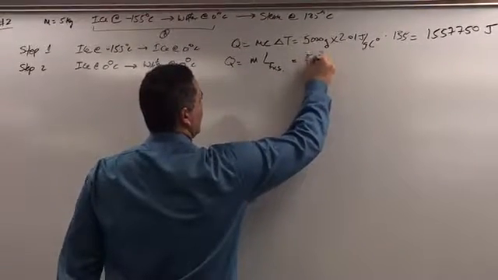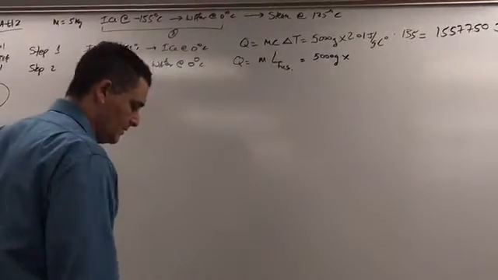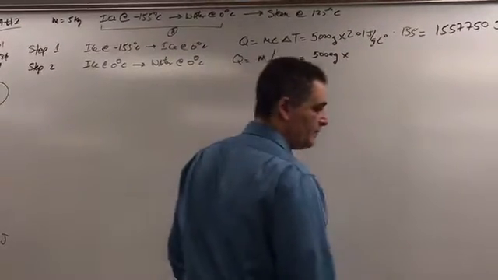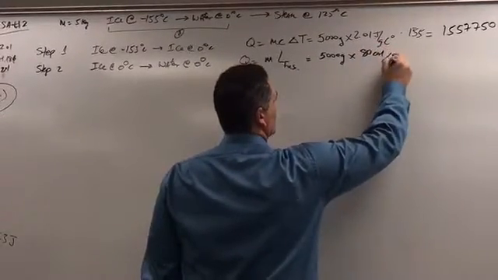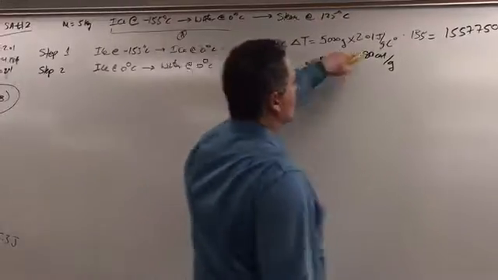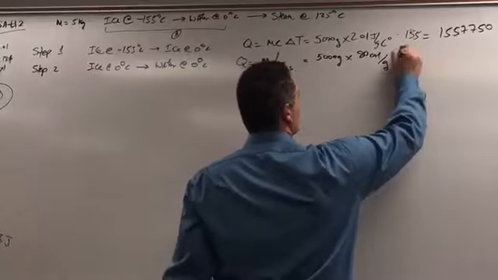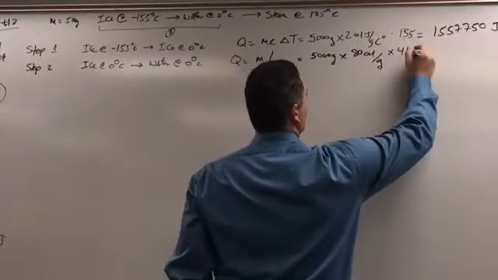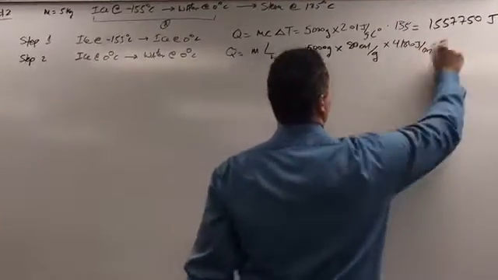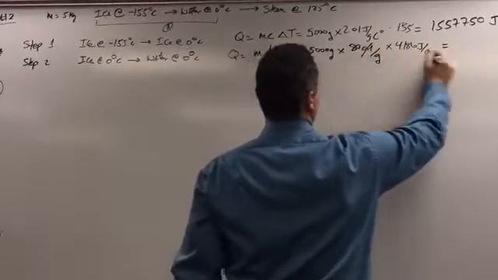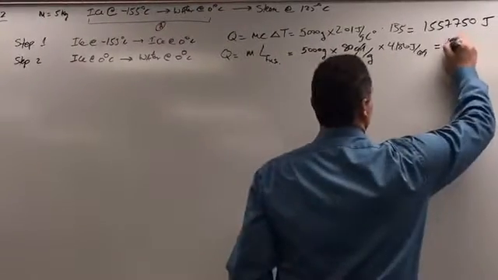So we have 5,000 grams times the latent heat of fusion for water, which I think is 80 calories per gram. Yes, so this is 80 calories per gram. Now, the other values are in joules, so we're better off getting everything in terms of joules. To convert, I need 4.186 joules per calorie. That gets rid of my calories and gives me joules. That's 1,600,000 something,